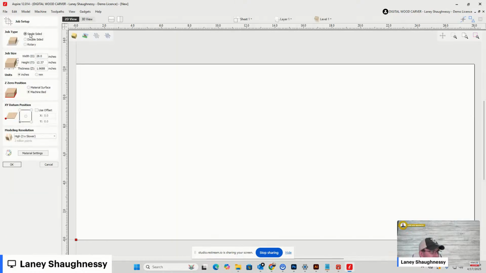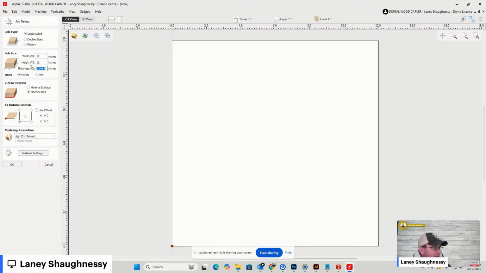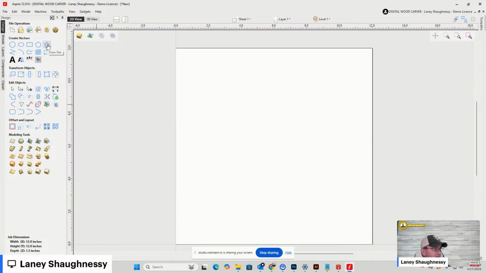We are going to lay out a little work area to work with. I'm going to start off with a 12 by 12 work area for myself, and we'll go with 1.5 inch thick material. Now I want a high resolution on this, but I'm not building a model that I might keep, and I can always change the resolution as I go through if it's something that's amazing. But when we click OK here, I want to start off with